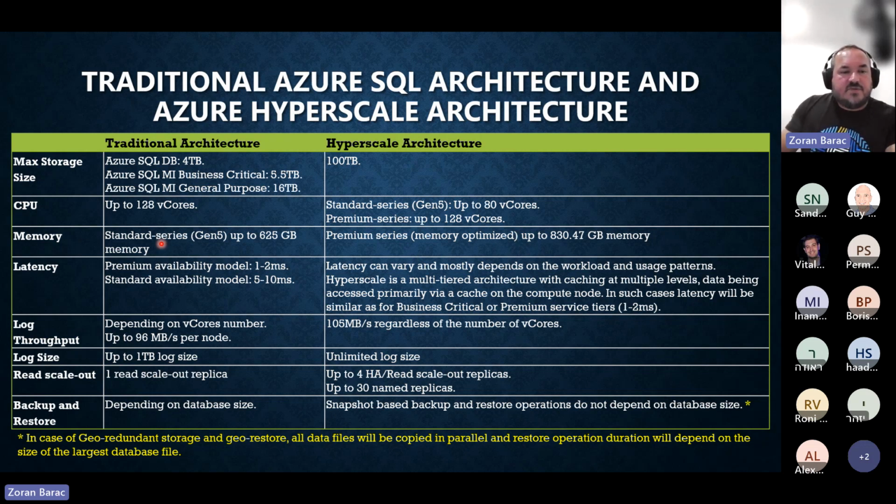So for memory, for a traditional one in this line, you can see 5 gigs per core. We have a latency. Latency is 1 to 2 milliseconds for the premium availability models. I explained that premium availability models are DTU premium and vCore business critical. They have SSDs attached to the nodes and keep the LDF and NDF files on the same SSDs.